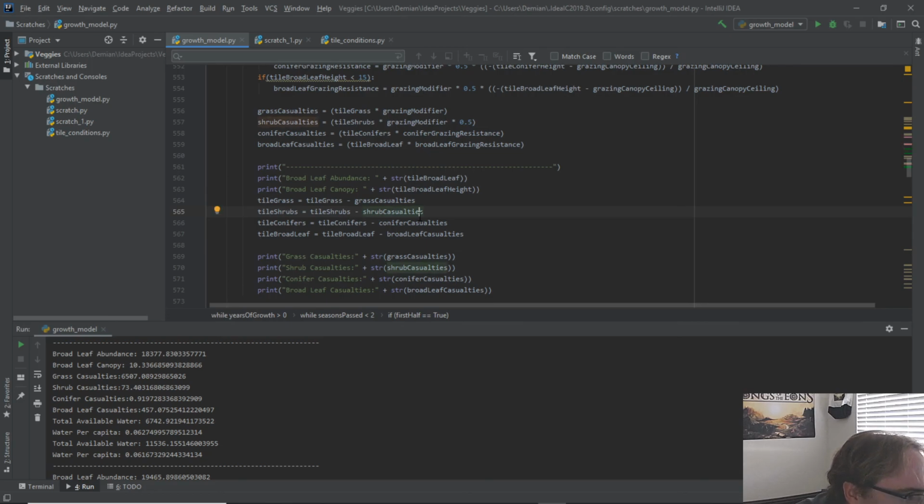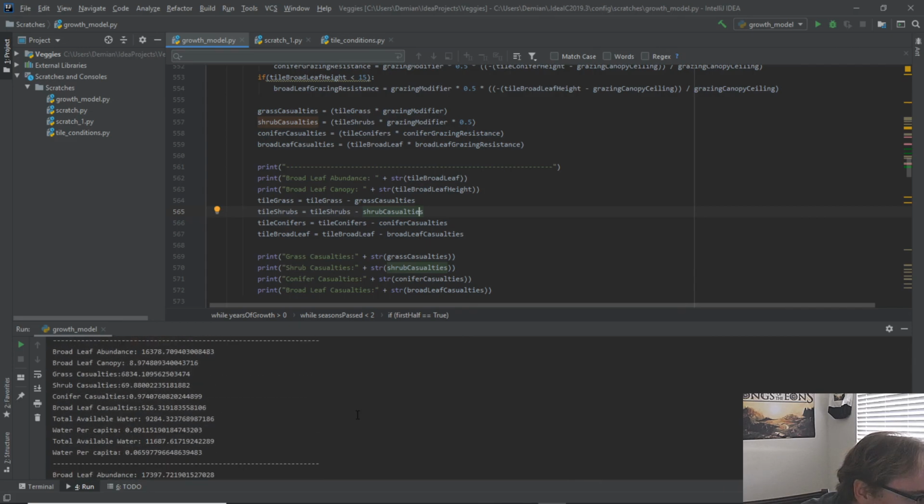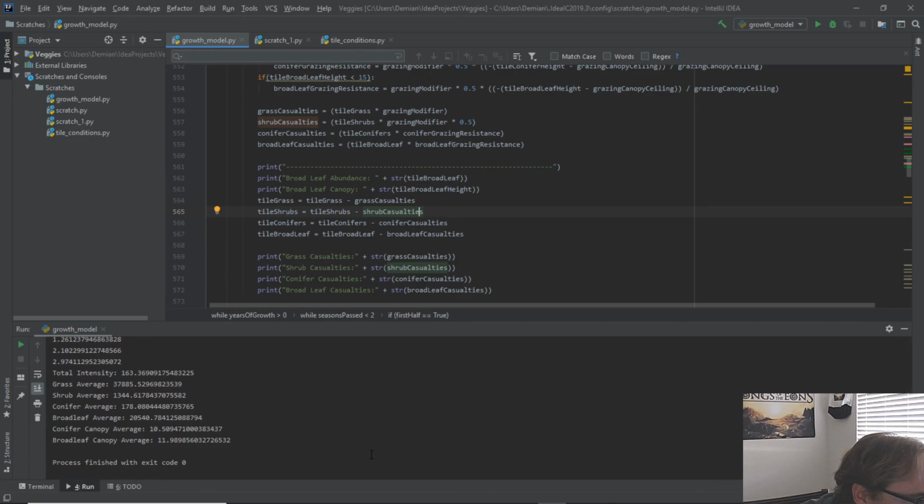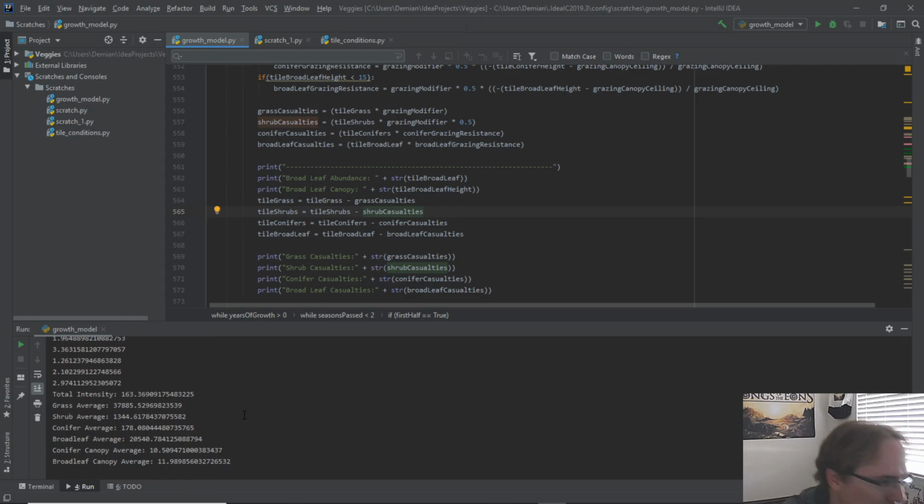Why is that? We're still apparently getting fires. Here's all of our averages. Is it even doing much to suppress broadleafs long term, or is it just